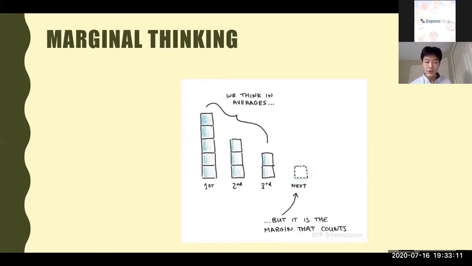And when you know that on the fifth day, you're not even going to sell a single pair of shoes, you should just stop selling any shoes in that place in the future. Because now your marginal cost is going higher than your marginal benefit.